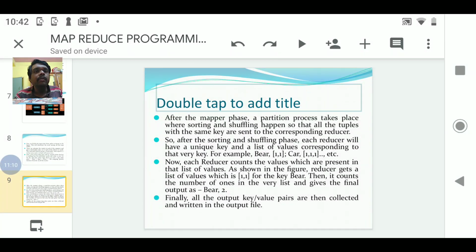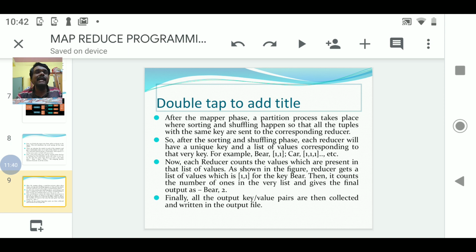Later on, the partition process takes place. In the partition process, we are doing the sorting and shuffling. In the shuffling process, it is going to collect all the tuples with the same key, and send all the tuples with the same key to the reducer.